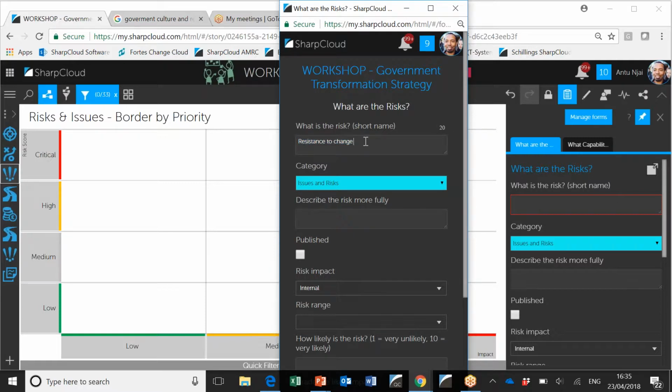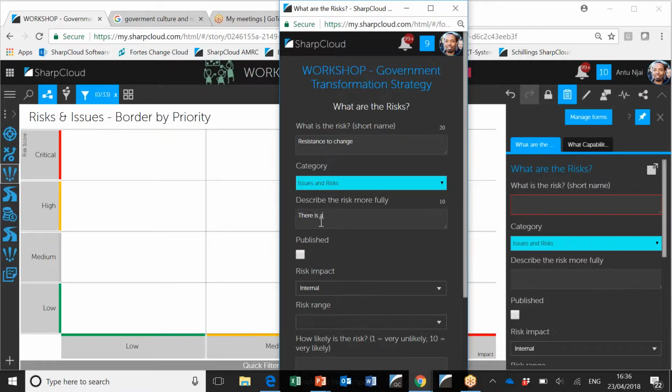And if I had carried on typing many more characters, over 50, you suddenly see it goes yellow. And if I carried on and went over, I think 200, it would go red. What it's really doing is just saying, try and keep the name fairly short, because that's going to go onto the front of the box. But when you start typing the description, then you won't get to the yellow or the red prompt until you've added 250 characters, I think, and maybe 1,000 characters, because you're obviously encouraged to put a bit more information into those fields and less into the name.